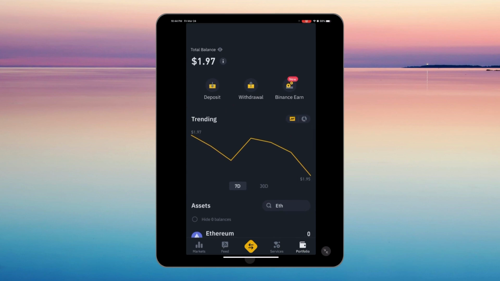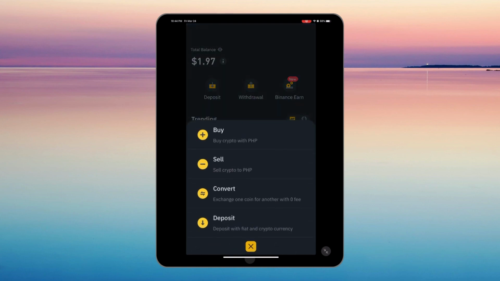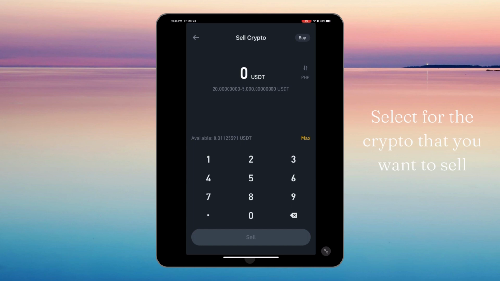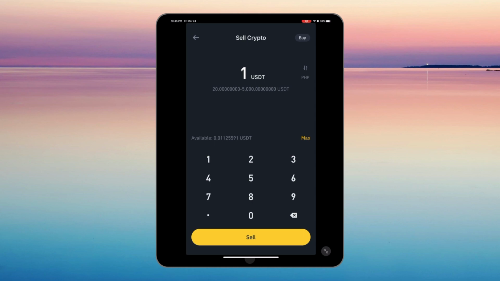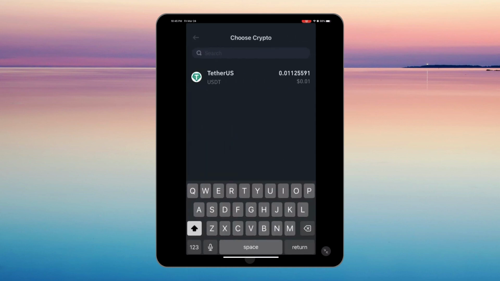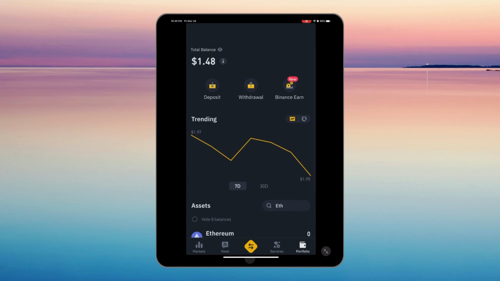To do that, tap the swap icon, select Sell Options, then select for the crypto that you want to sell. Once you're done, tap Sell, then proceed to the process. After selling your crypto into fiat,